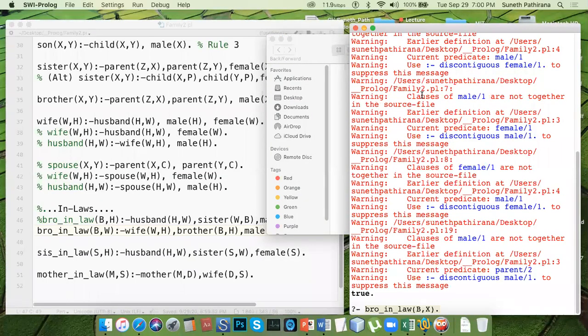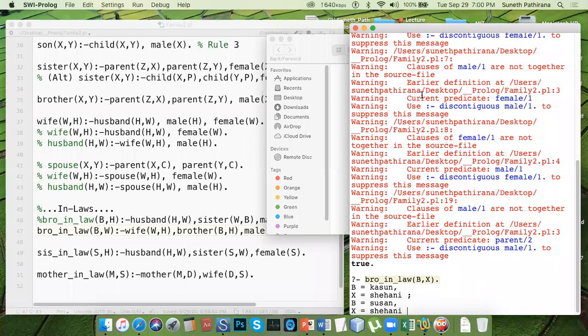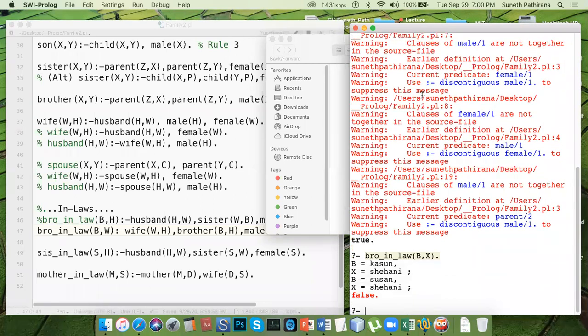And I'm calling these again. Now Kasun and Shehani again is misinterpreted, no? Kasun and Shehan, that is the correct answer, but we are getting some wrong answer. Kasun and Shehan, who are the married couple, are being recognized as brother-in-law and sister-in-law. So how is this false information coming?